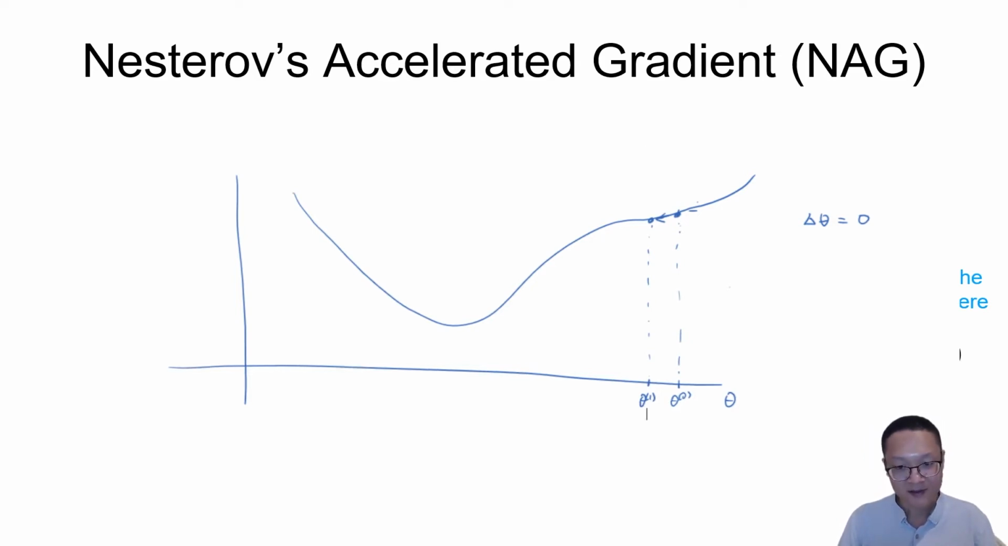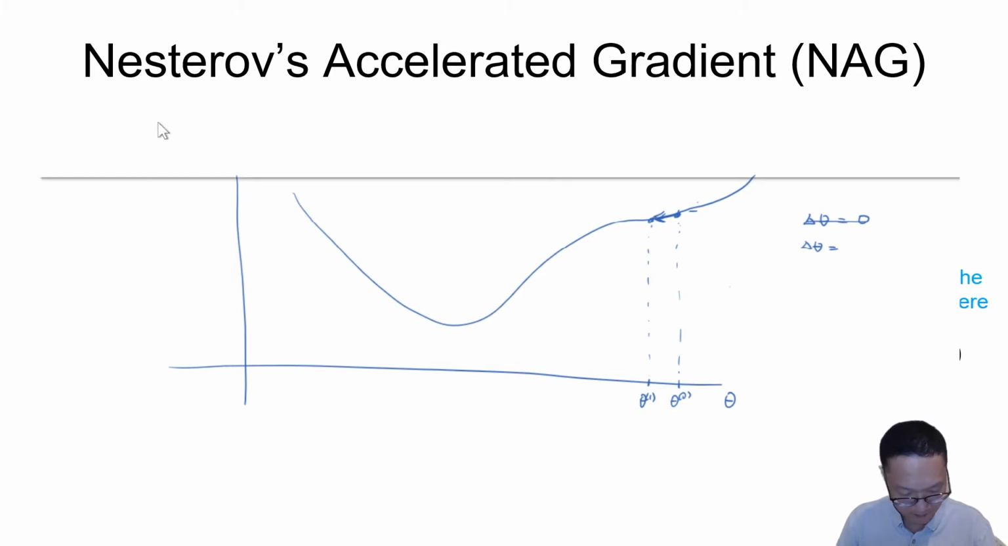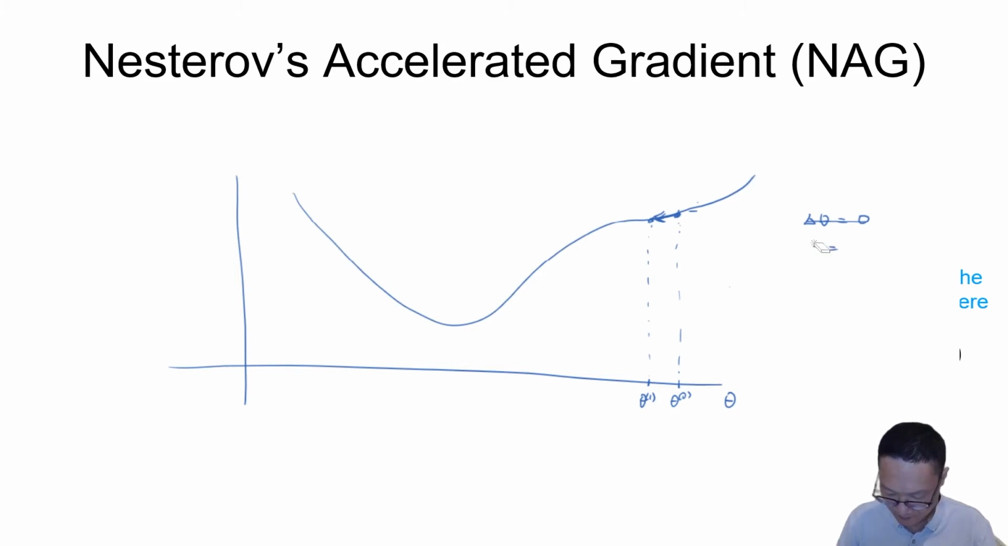Okay, so now we have some other delta theta, right? It's going to be some negative number basically. So delta theta is really represented by this arrow here. Okay, so now going back to the algorithm,